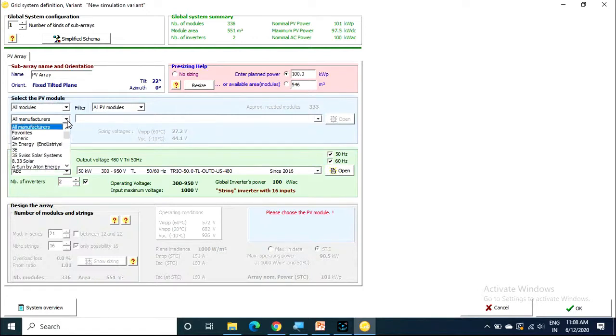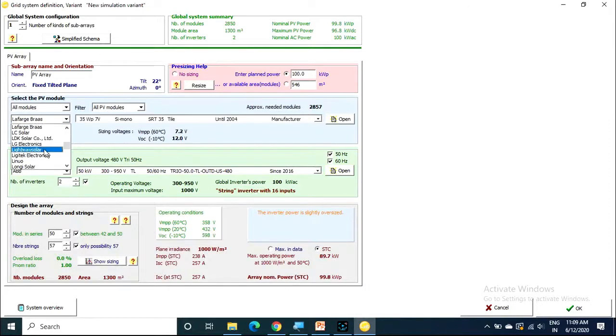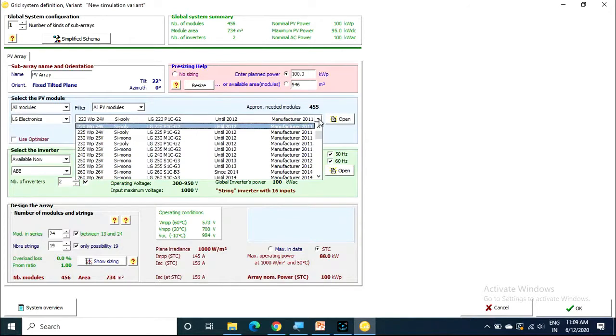Now you have to select the manufacturer. After clicking on all modules, click on all manufacturers. You can select the manufacturer from this. I will select LG Electronics. Here you can see the module ratings 220 watt, 250 watt, and 230 watt, like that.